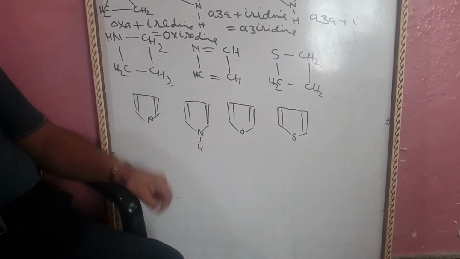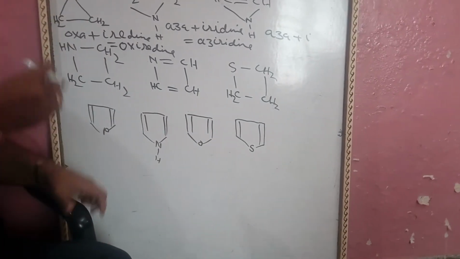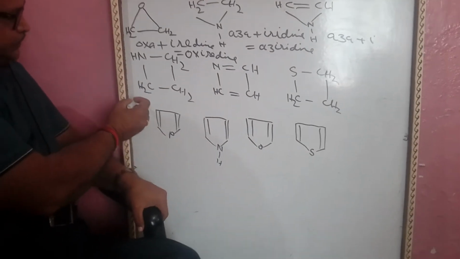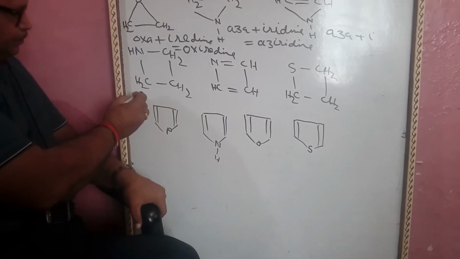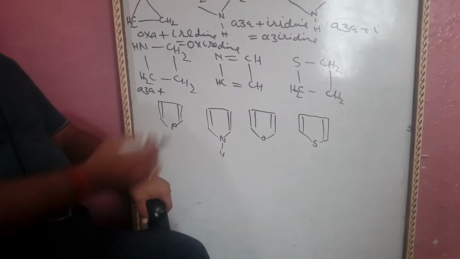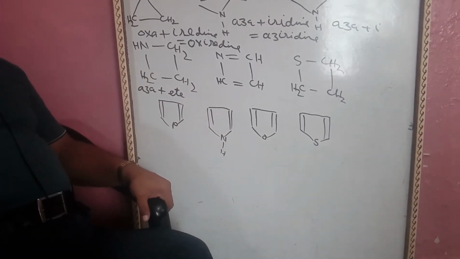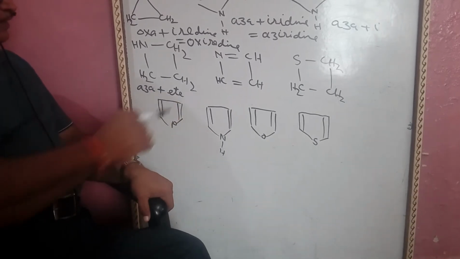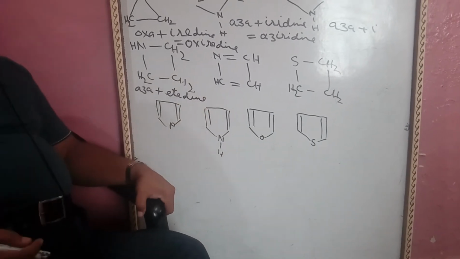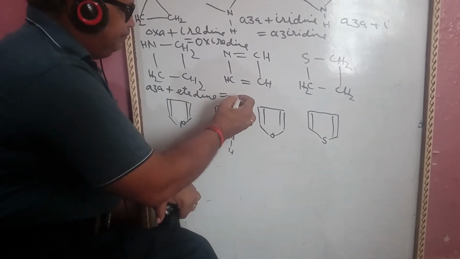So the name of this compound will be aziridine. Now we can see this example. In this case, the heteroatom is nitrogen and the ring is four-membered. So the prefix for this compound will be aza. The stem or middle name of this compound will be ete, and the suffix, which is made up from the stem, will be etidine, and the name of this compound will be azetidine.